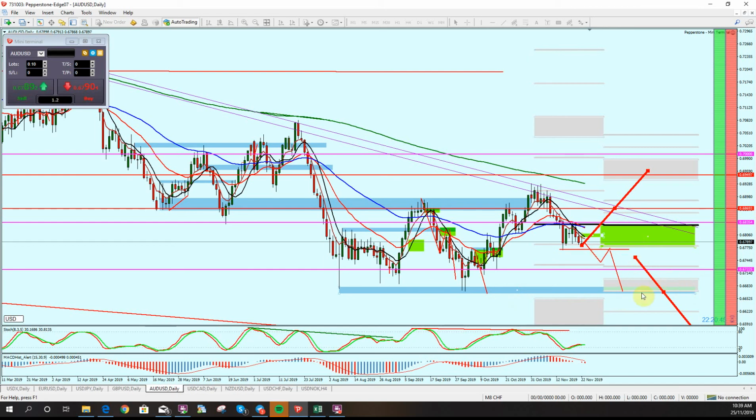Which is not so bad, because if your target is down here, the higher you go to get down, the bigger the profit. The higher you go, the further it's got to travel to get down to your zone. If it breaks here, it's going here, no question. And if it gets here, can it go beyond here? Of course it can, and probably will, in my opinion. But if you're looking to take this long, because I think I said the Euro before, no, this is the Aussie USD. Please take back anything I said before. But that's my perspective. Thanks for listening. I'll post it.